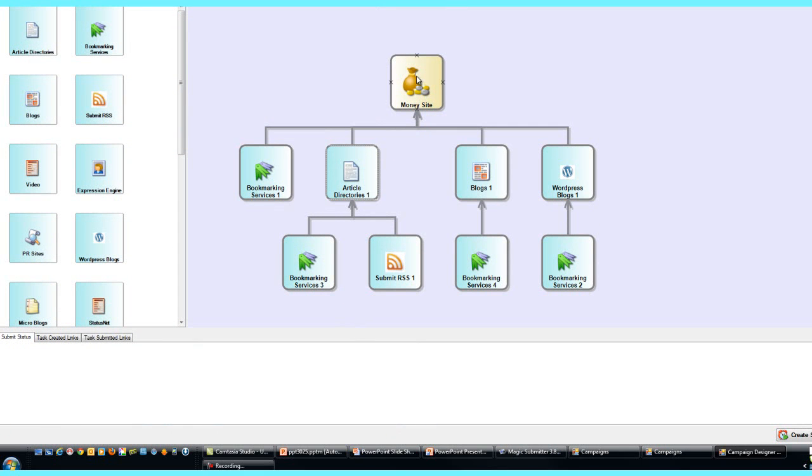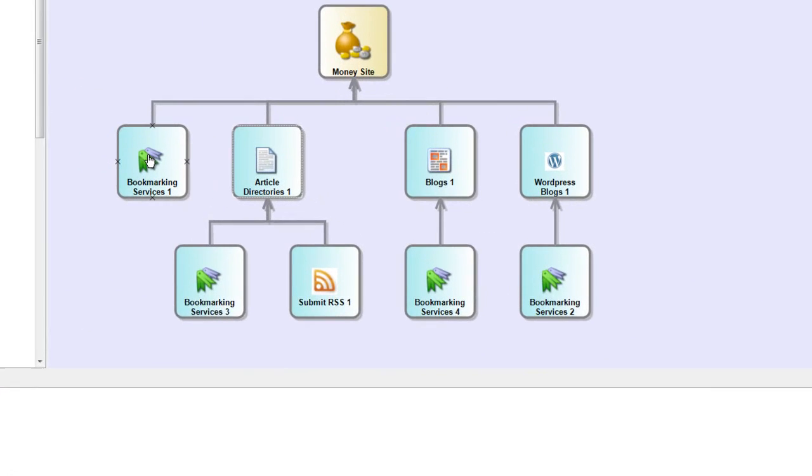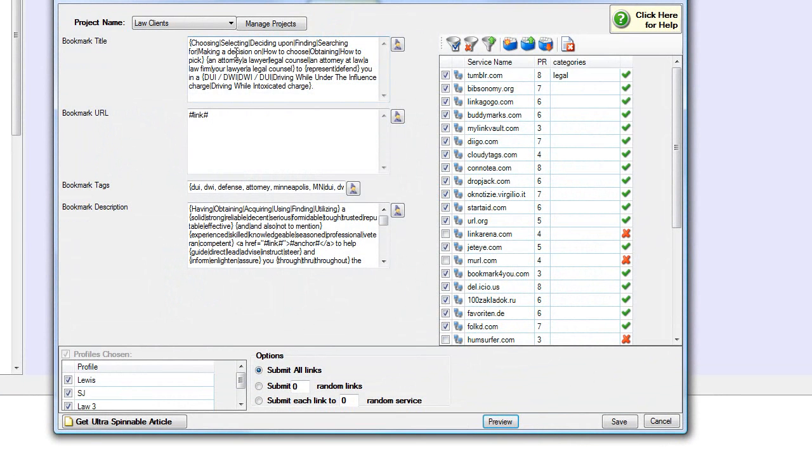So here you have the money site, and basically what we do is the money site would be your main website, and it would be your Google Places page. Those are the two sites that we want to optimize so that you get more traffic and more customers. And so what we'll do is we'll do social bookmarking for your money site. So right over here we have a social bookmarking platform, and basically what we do is we would submit a